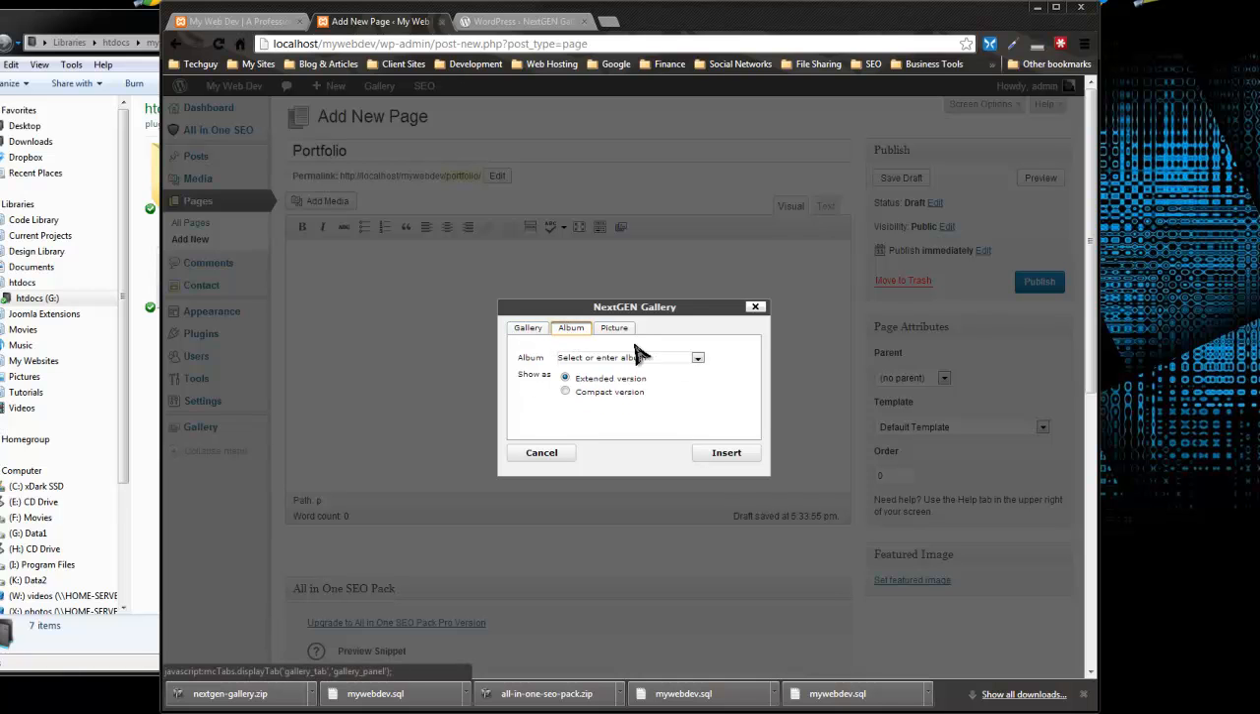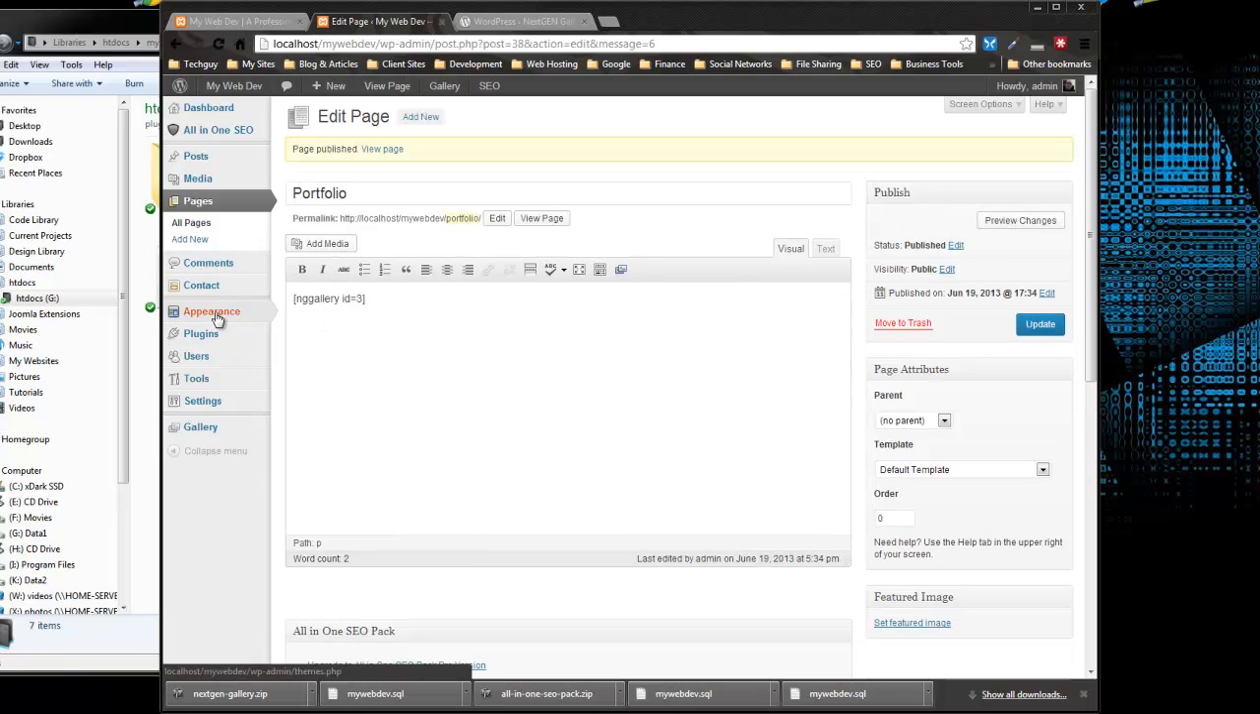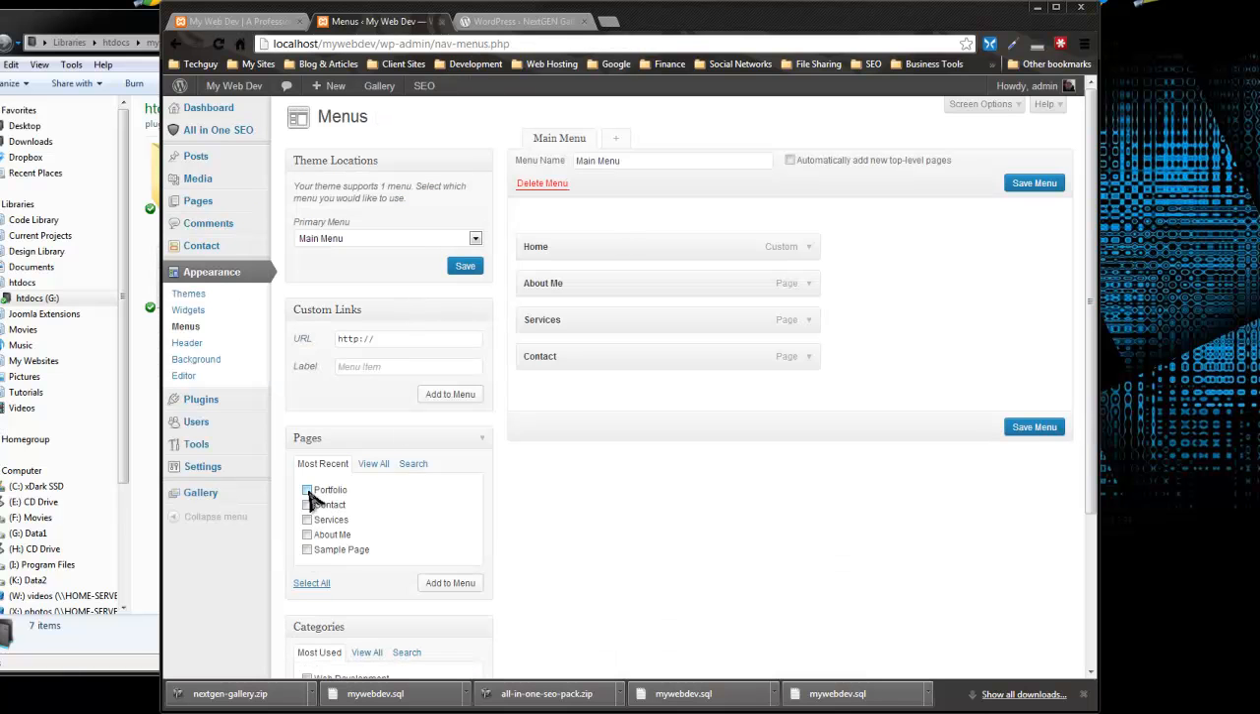And we can also create albums in the galleries. We didn't create any albums, but you could if you wanted to. And you can also display certain pictures, just one image or whatever. So we're going to display the gallery. Let's click Insert and Publish. Now we need to add that to the menu. So if we go to Appearance and then Menus, we can grab the portfolio, add to menu,